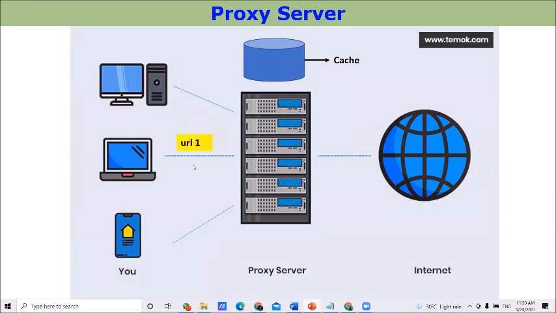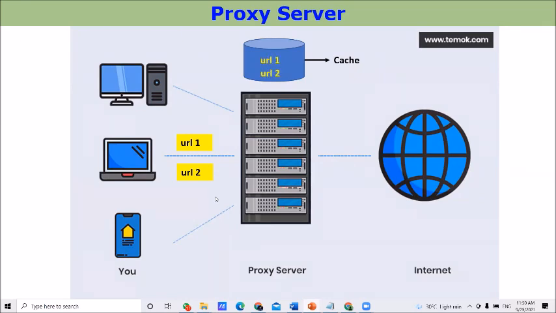For example, suppose you request URL 1. This yellow color says URL 1 and URL 2. Your computer or your organization's network system requests URL 1 and 2.